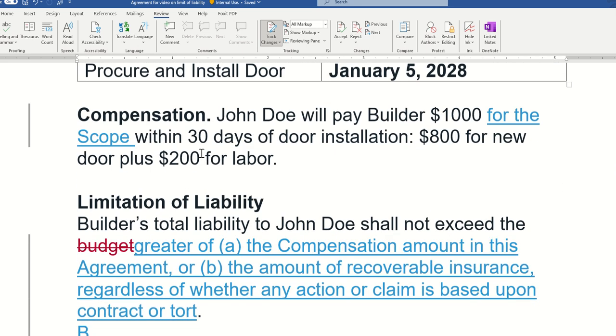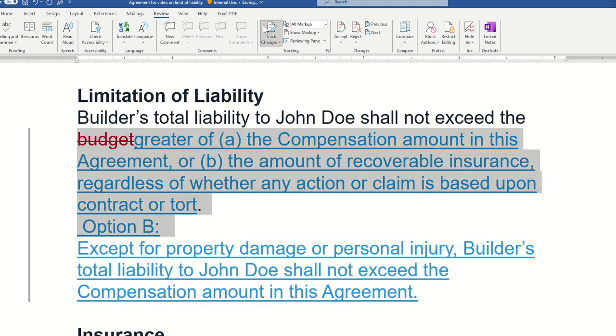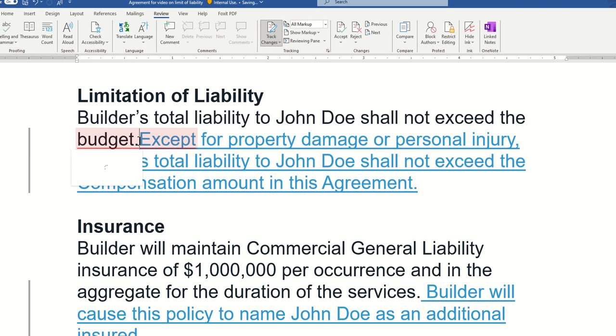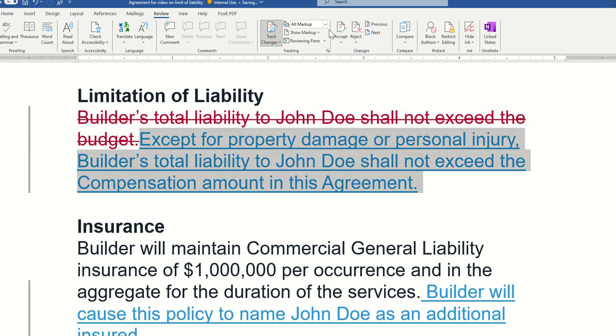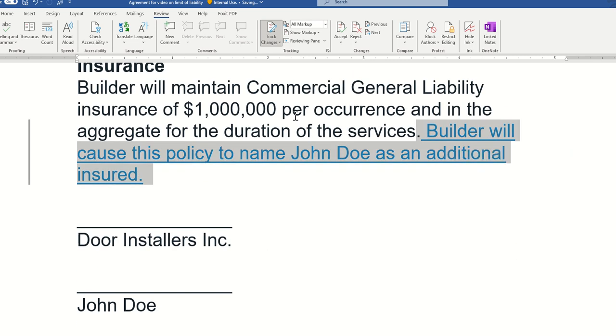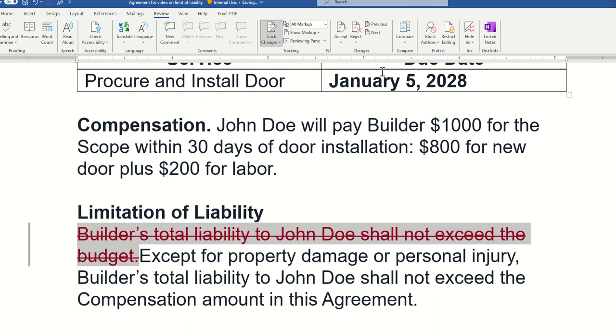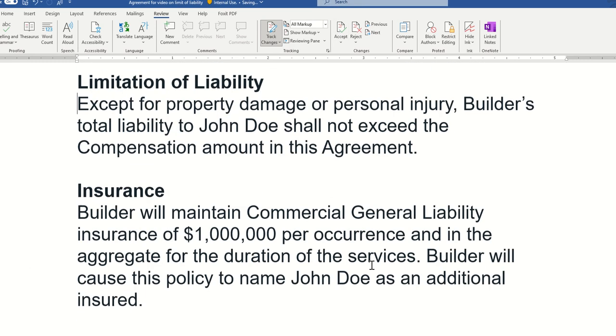So I can go ahead and email this off to the builder. If he agrees with one of them, he could take either one. So maybe he likes this one more. He'll just reject this. He'll delete that and just accept that. There. So you can accept or delete stuff. Well, he agrees to include me as insured, and yeah, that makes sense. There. So that's how he might accept it.